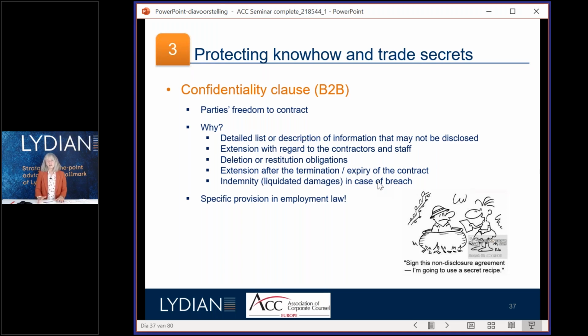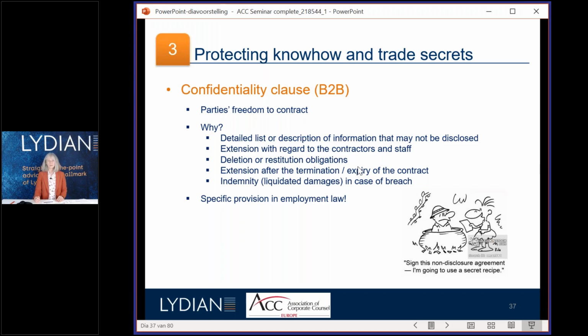But still, despite the harmonization, it's really important to provide specific clauses with regard to some aspects of trade secret and know-how, and specifically to define them and to make a list of what is to be considered as